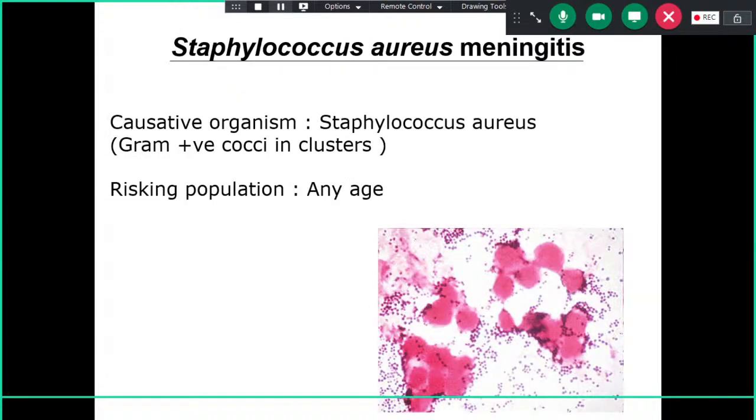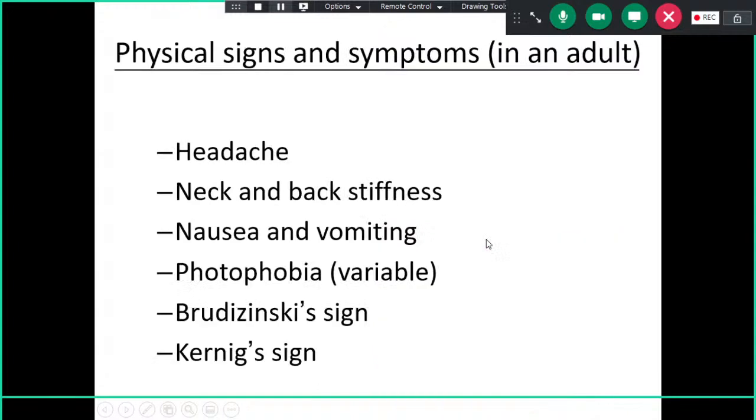Staph aureus can also cause meningitis. It can come from the throat, be carried by macrophages to the brain, and if it is a virulent organism, it can cause meningitis. Physical signs and symptoms of meningitis: severe headache, neck and back stiffness, especially neck stiffness, nausea, vomiting,